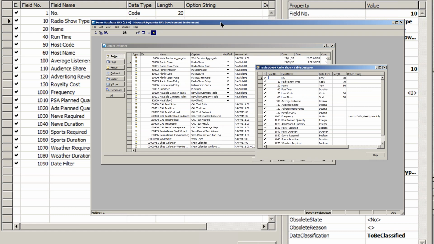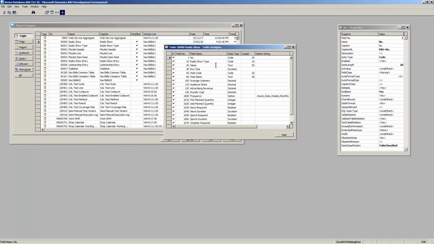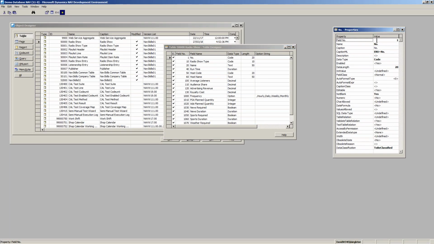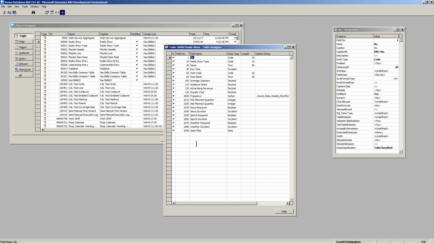properties. Okay, so first one, field number. You remember last week that Luc was explaining about table numbers? Field numbers are very similar. The concept is similar. There are a few differences though. Firstly, within a table, if the table number, as is in this case, is 50,000 to 99,000, you can use any number you want within the 1 to 99,000 range. Whether you should or not is still always a question,